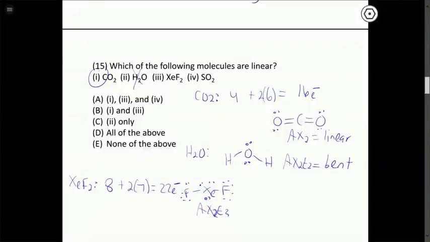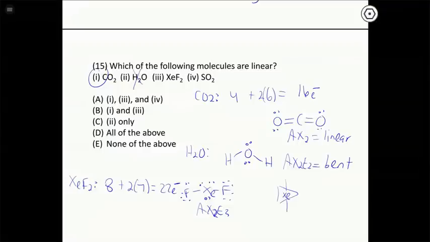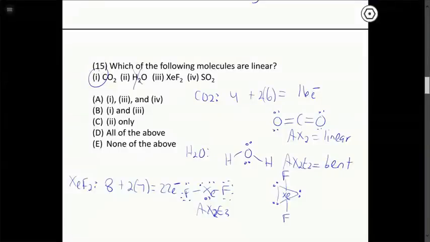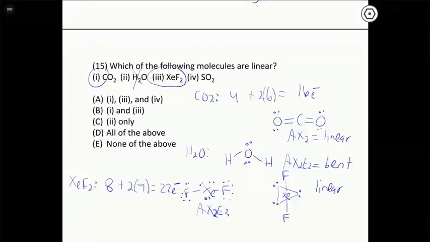And this is maybe not the most obvious geometry, but if we think about AX2E3, there's a total of 5 electron groups, so they go into a trigonal bipyramidal arrangement. There's 2 X's and 3 lone pairs, that's a total of 5. And remember that the lone pairs in the trigonal bipyramidal electron group arrangement always go in the triangular part. So our 3 lone pairs go around the equator. That leaves us with fluorines up here and here in a linear geometry. So this one is an example of linear. And it's the only example, I think, of an AXE notation where you have lone pairs on the central atom and it stays linear. And then finally for SO2,